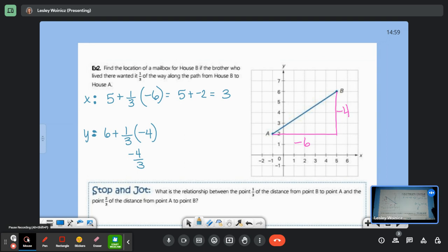Okay, this time we've got 6 candy bars. 1, 2, 3, 4, 5, 6. What am I chopping them into? Thirds. Chop, chop, chop. How many pieces of candy bar do I have? It's not 9. 17. 18. Do you see it's 3 times 6? Did everybody see that? Okay. So now I have 18 thirds. So now I can do 18 thirds plus negative 4 thirds. So 18 minus 4 gives me,